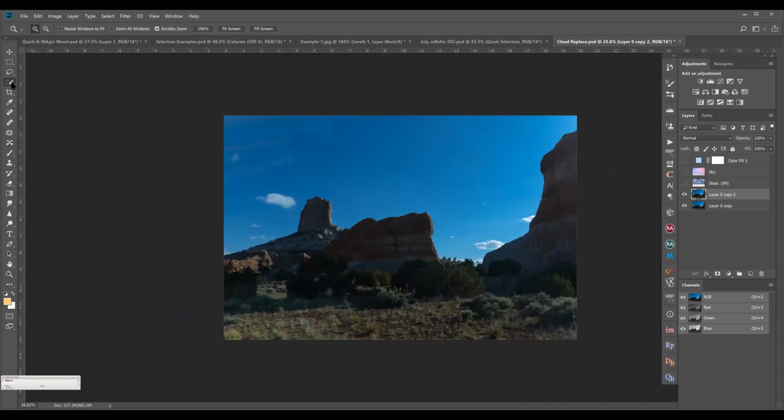So let us try the magic wand tool. I have selected the magic wand tool, and wherever there is blue, it will select. So I have to do multiple selections. I will add to the selection and then click, and these whites are not selected because I clicked on the blue. I will click here and it does a very good selection.